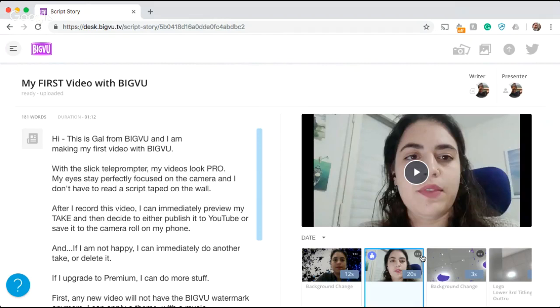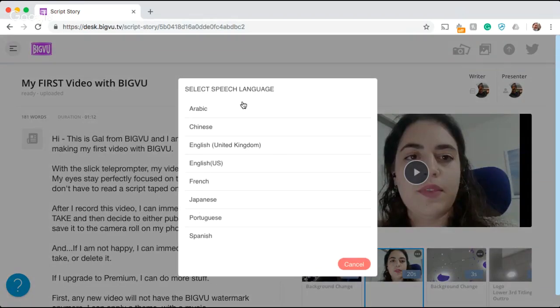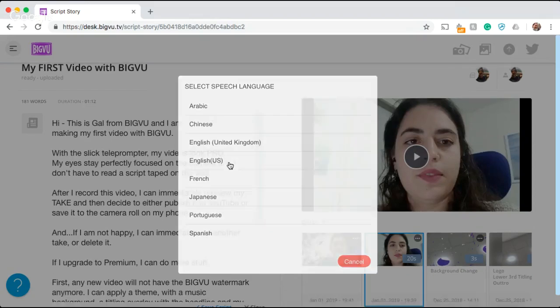Lastly, the most important thing that you can do in the web desk that is not available currently in the app is add captions. So I'm going to click on the three dots and I'm going to click on add captions. Adding captions is available in these following languages. Obviously, I'm speaking English. I'm going to choose that. And it's going to take speech to text and